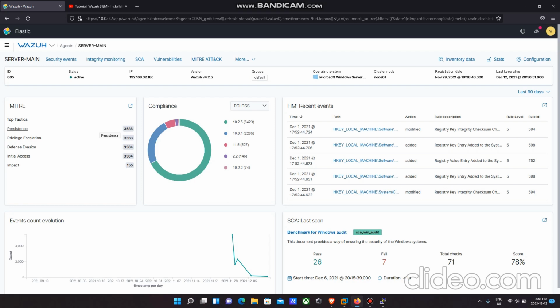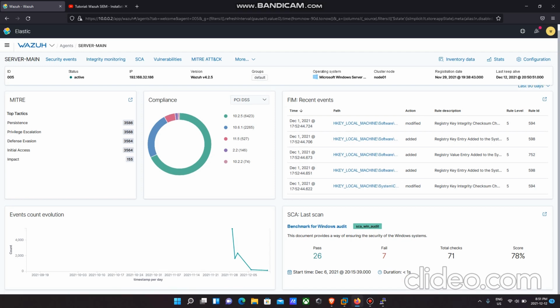The basic policies which we have configured are auditing all the logons, auditing all the changes in the registries, and logon and audit policies related to system change files and so on. So this is what we could see over here, and this is the basic dashboard which it offers for us,